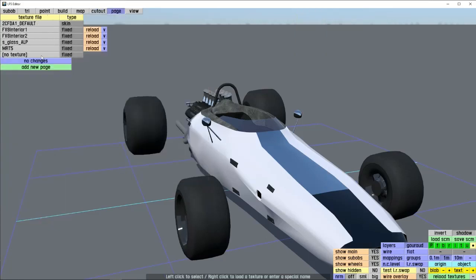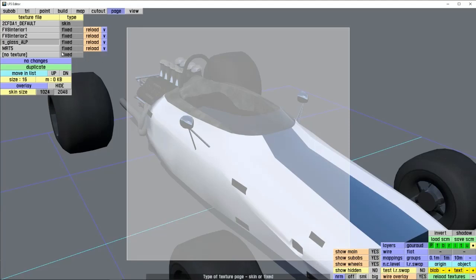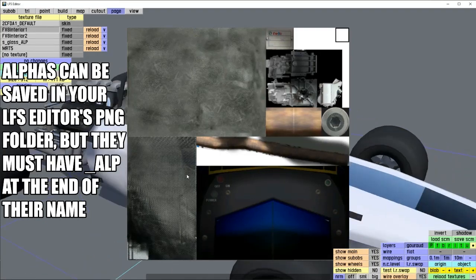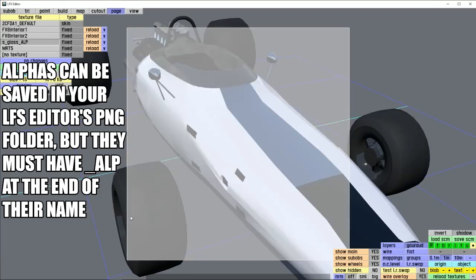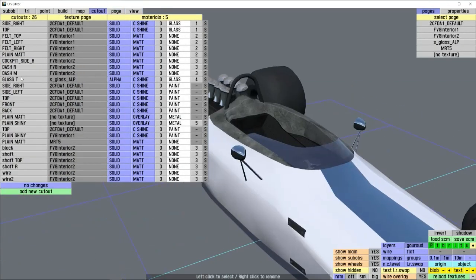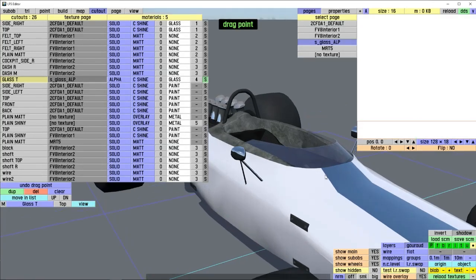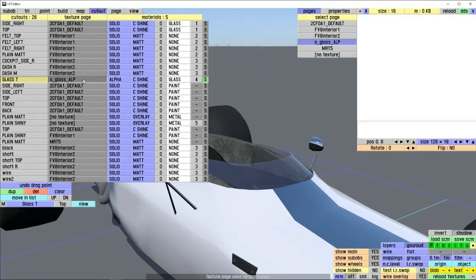So it's very useful if you want an alpha. An alpha just allows a PNG to be see-through. These here are PNGs as well, but they have no alpha to them. There are no see-through bits, and they can't be half textured. So glass is just a box, but it's non-opaque, slightly transparent. My glass is an alpha texture, so I just mapped it to whatever. The glass allows me to see through it